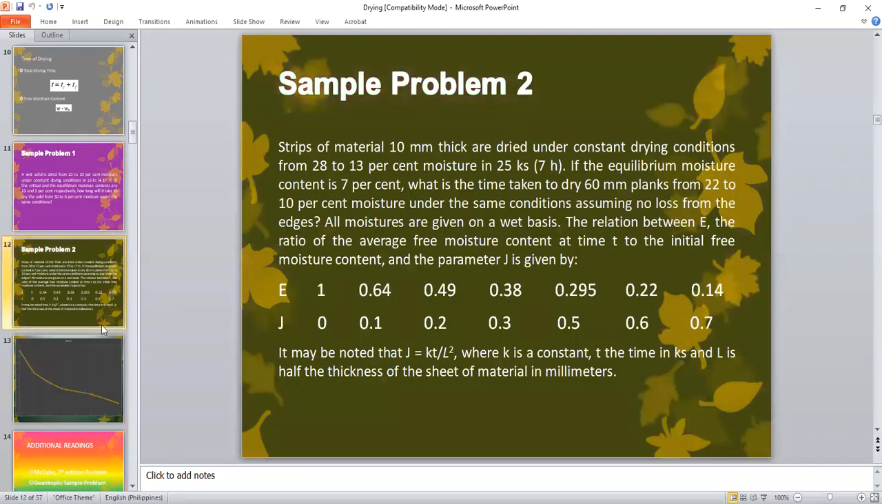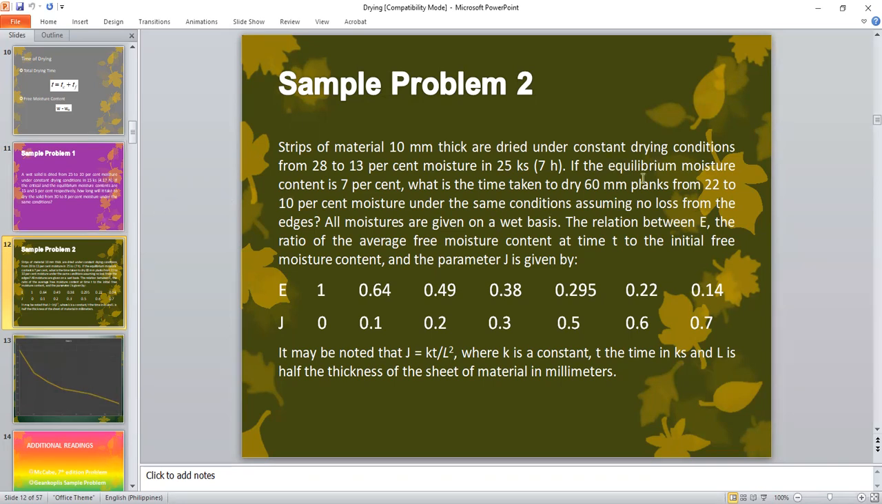And we'll have our sample problem number 2. I hope you can see it. Just let me know if it's not projecting properly. In here, you're given a strip of material which is 10 mm thick, dried under constant drying condition from 28 to 13% moisture in 25 kiloseconds. By the way, class, before I read on,